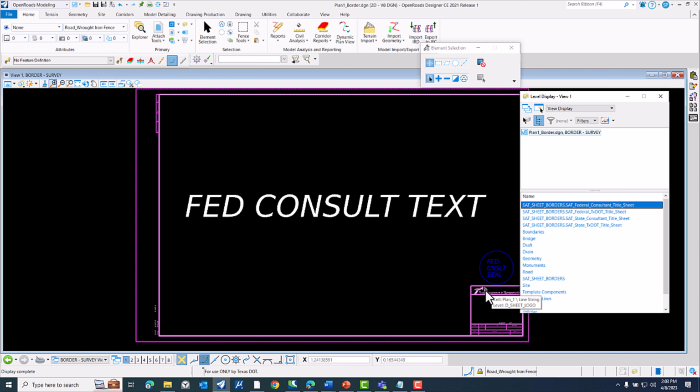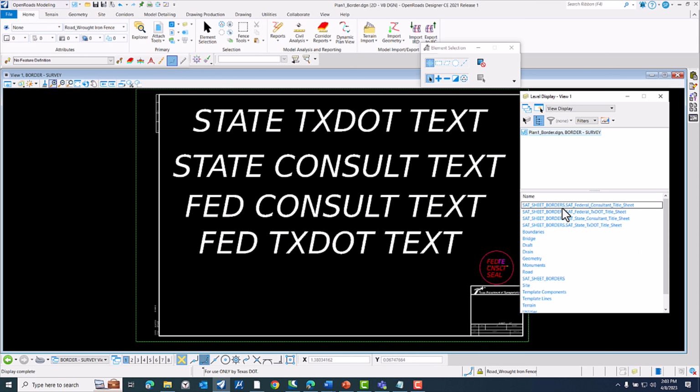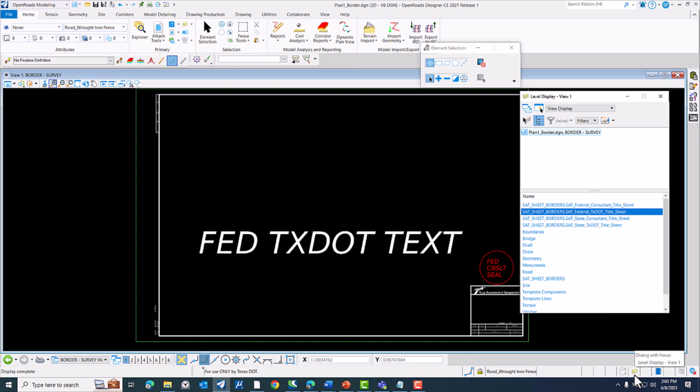Now, if I need to do a federal TxDOT border, I'll just turn off this filter, turn on my other filter for the federal TxDOT title sheet, and now you can see that's Fed TxDOT text and the Fed Consultant seal. So I'm going to go ahead and look at our